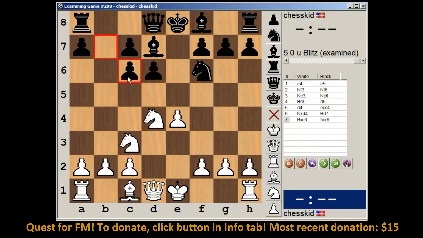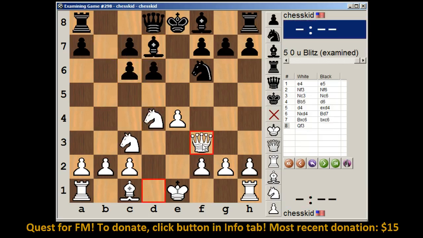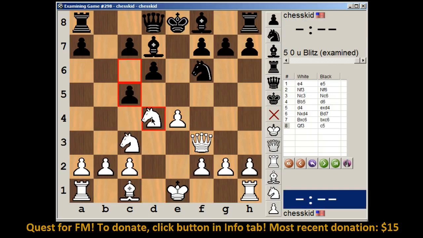And so Black chases the knight away with C5. White plays knight to F5. And this knight is actually very strong because it's hard for Black to develop, because now this bishop can't move because the knight takes G7. And if G6, then bishop G5,